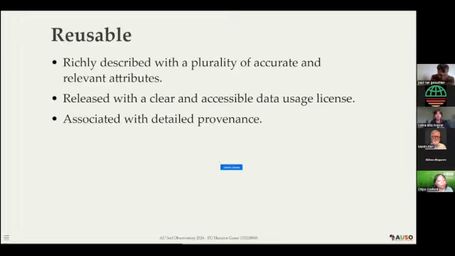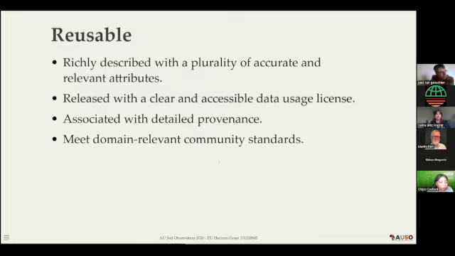And provide a nice trail of provenance. So how was the data produced, so people know if it can be reused in another context. And also here, look at community standards related to usability.